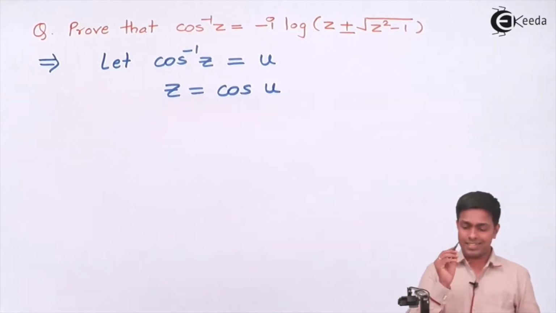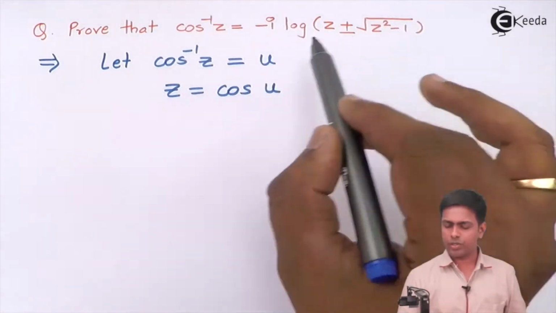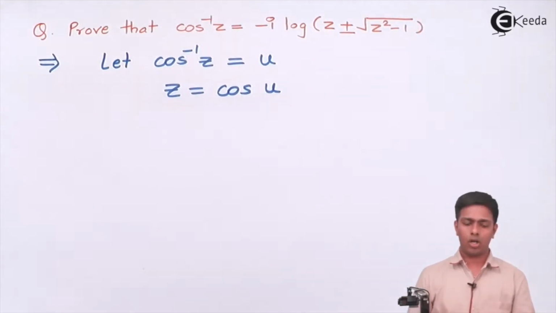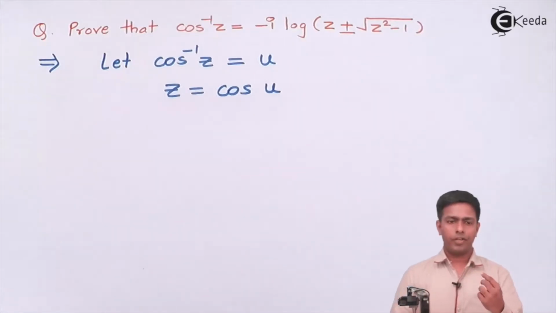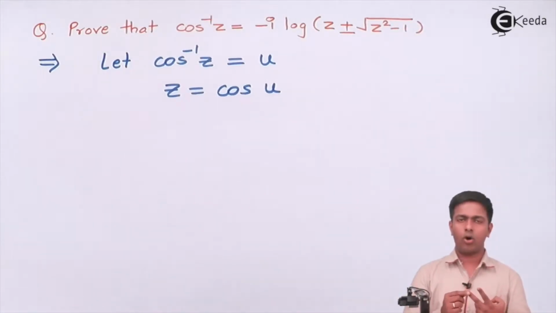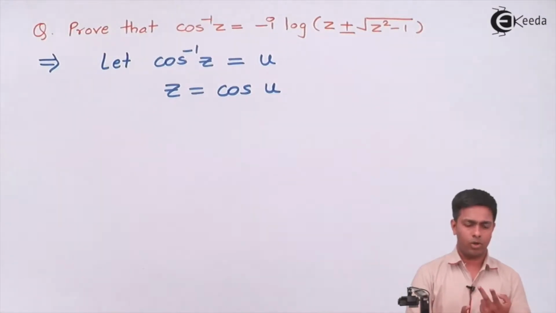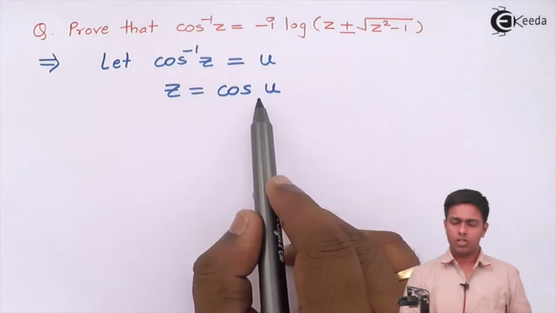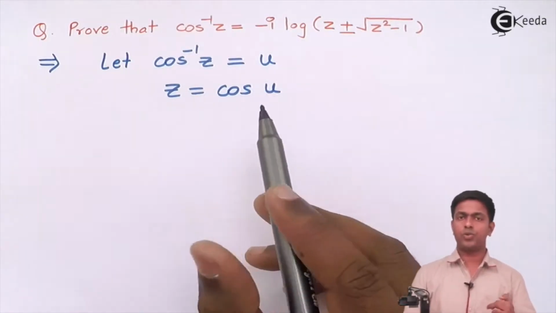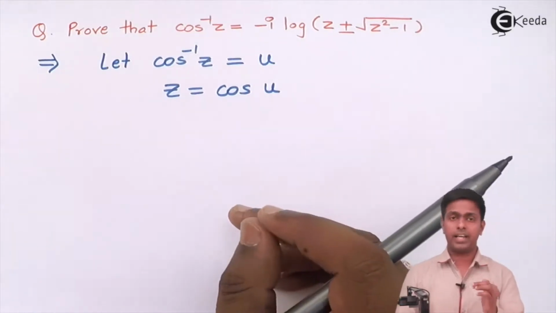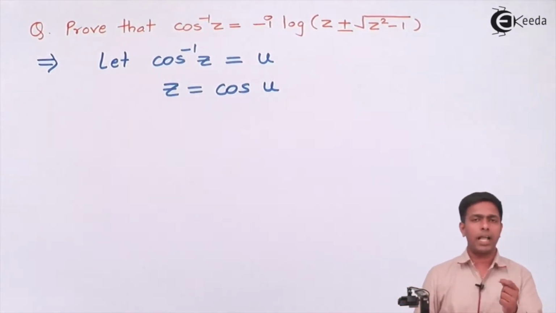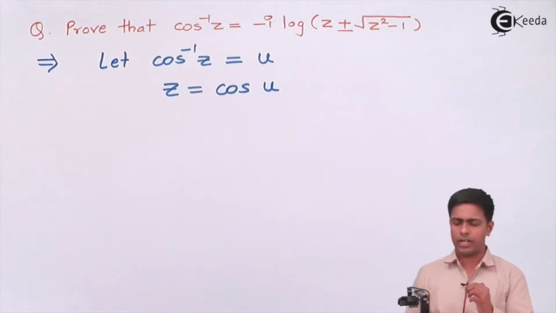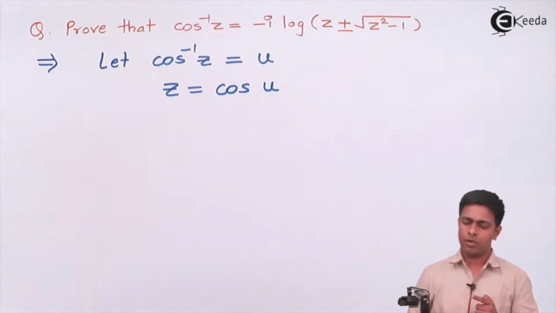Now guys, just think that if I want to prove u equal to this, where this term includes log, then to bring log, we should have two things. Either we should bring log or we should bring some exponential term, because exponential term can be converted into logarithmic term. So now I have cos u with me. If I want to convert cos u into log term, difficult, but I can convert cos u into exponential term by using Euler's form. So we have Euler's formula that I'll use here to convert that cos u into exponential form, and in the end I will convert that exponential form into logarithmic form to get my answer.